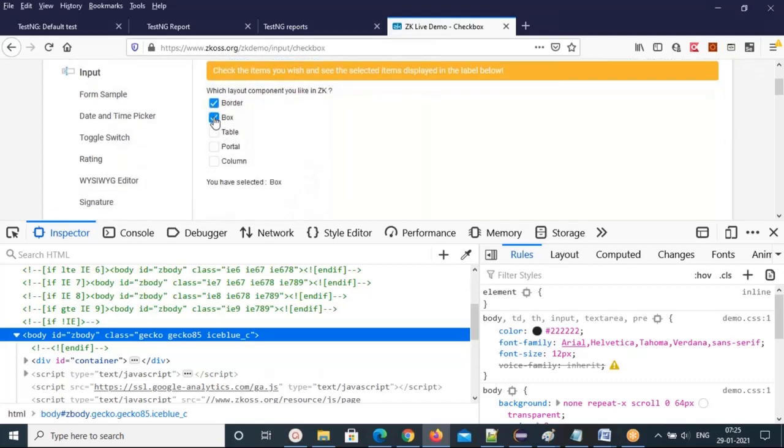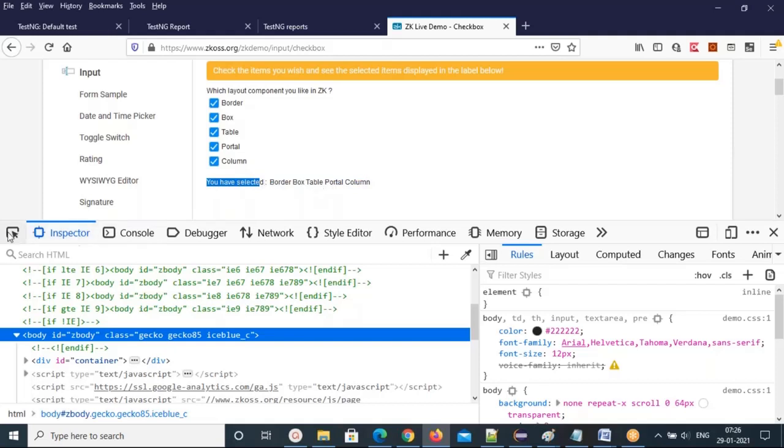Next, the second one. Yes, it's selected now. See, portal and column, all these are coming. This text I need to fetch. But this is dynamic, right? So this is dynamic text. Based on this text, I'll identify it.